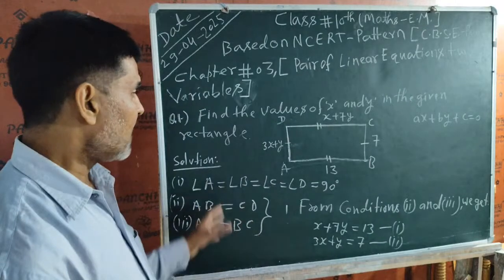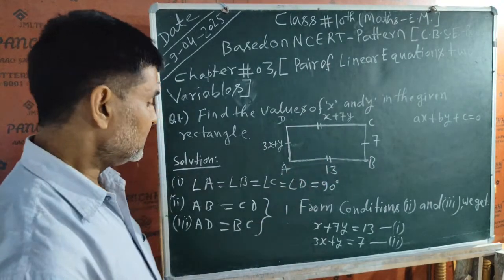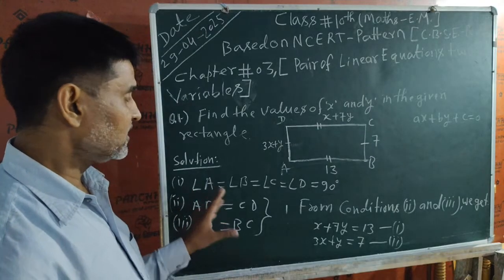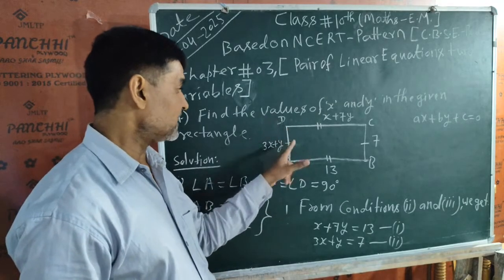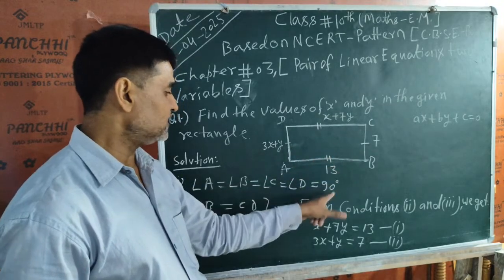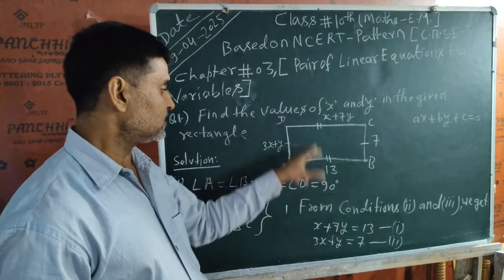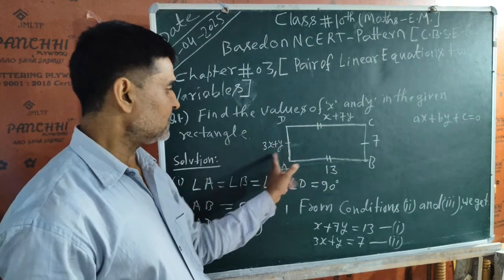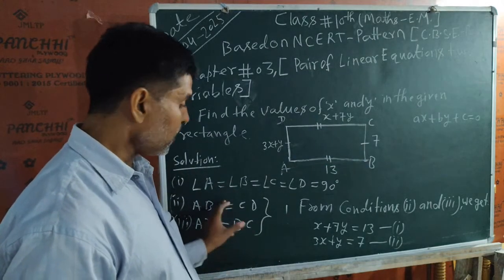Now I will check in which condition this equation is existing. Okay, student. So further I am going to erase this condition, but each and every student has to remember that in a rectangle all angles are equal and that angle is equal to 90 degrees, and another condition is that opposite sides are equal, meaning this side is equal to this side and this side is equal to this side. So according to this information I have